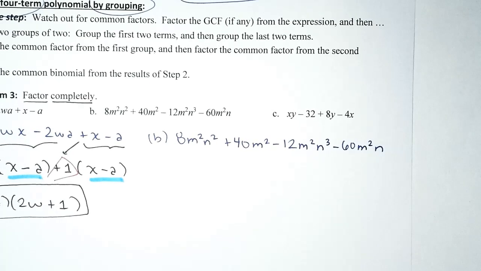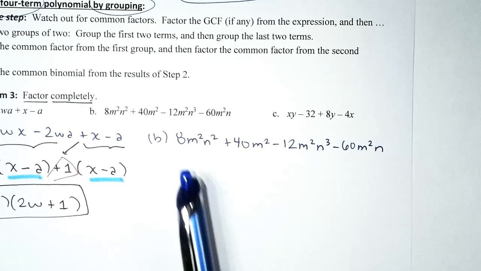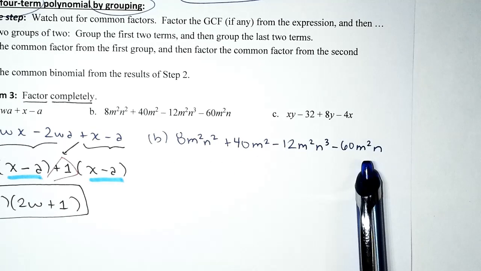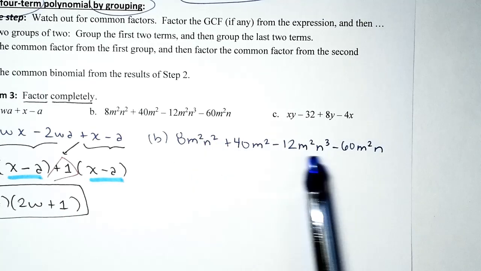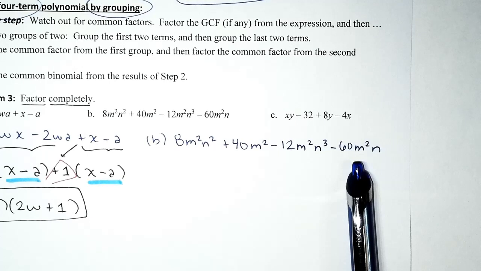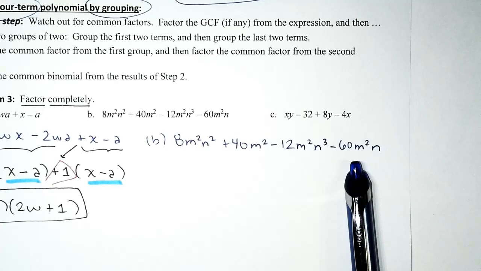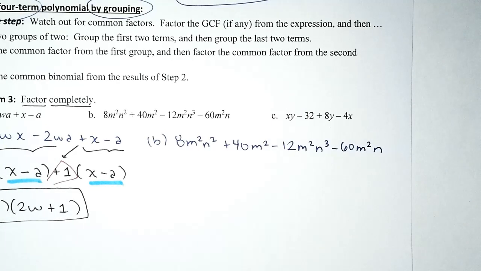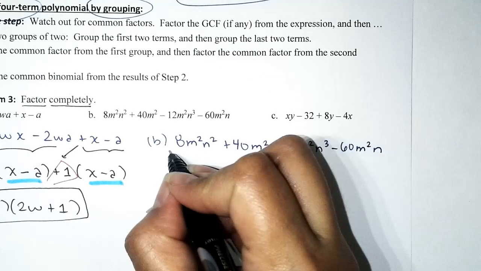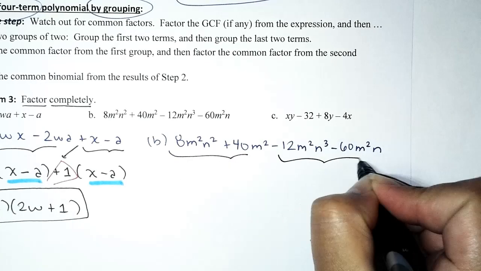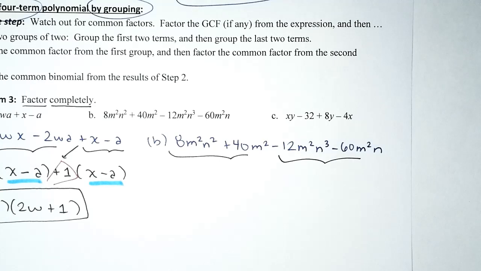The first question that I'm going to ask myself is this: how many terms do we have? We have a total of 1, 2, 3, 4 terms. So I'm like, okay, how do we factor a 4-term polynomial? Oh, if we have 4 terms, we factor it by grouping. Okay, cool. How do we factor by grouping? Let's go ahead and make our groups. We're going to group the first 2 terms, group the last 2 terms,